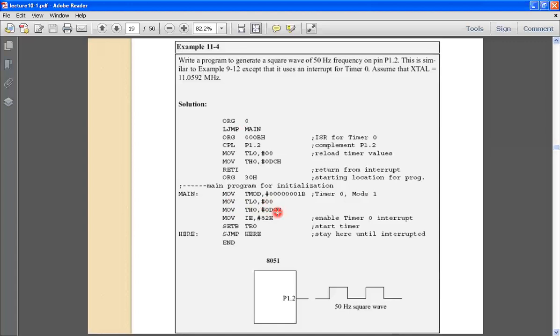Now we are not using the polling method with JNB TF0, label, but we are using the timer interrupt process. Therefore we need the interrupt enable register. In the interrupt enable register, the value required is 82H because we are using the timer 0 interrupt. Why is it 82? Because we are using timer 0, and